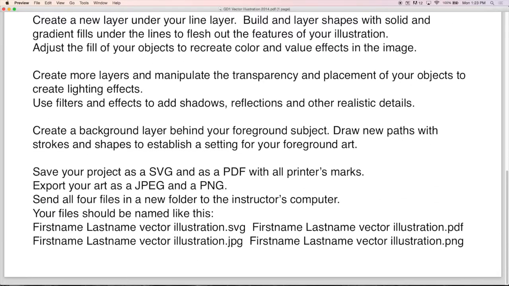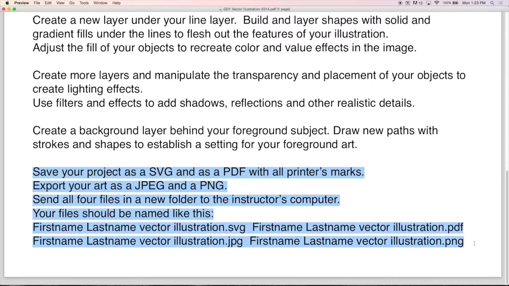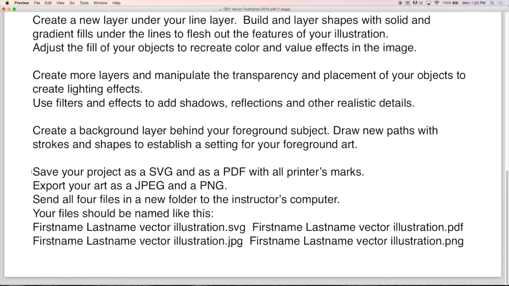So I just want to look at the bottom of this assignment, and it says what kinds of files I want to get from you and how to save those so that you can send them to me. So it asks for actually 4 things. First, it asks for an SVG, then it asks for a PDF with printer marks, then it asks for a JPEG and a PNG, and those are all different types of files. Those are all file extensions. These two you can make by going to Save As, and these two you can make by going to Export